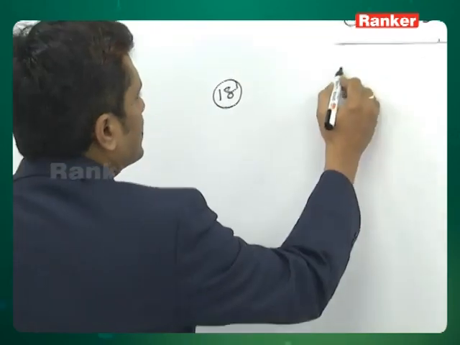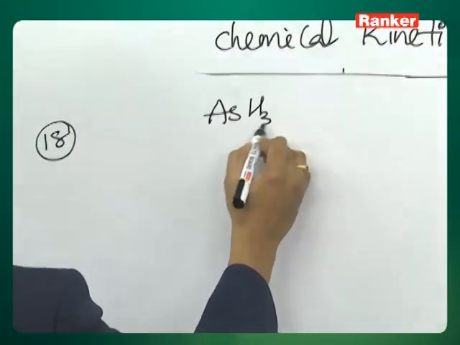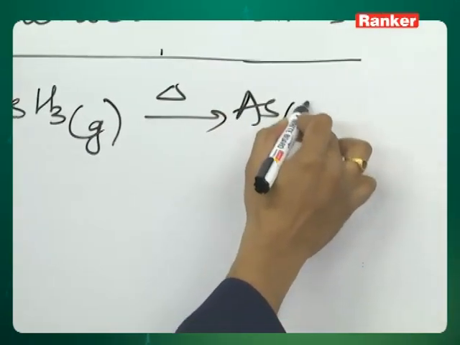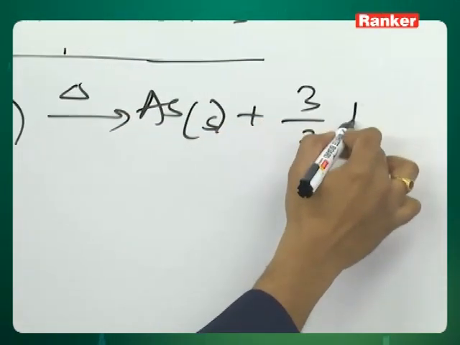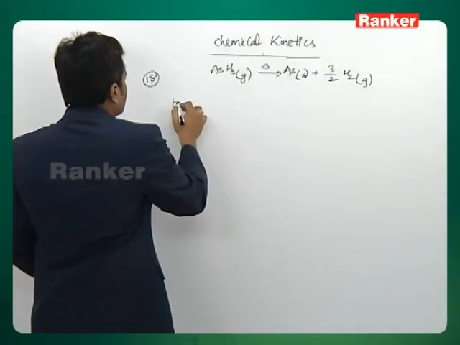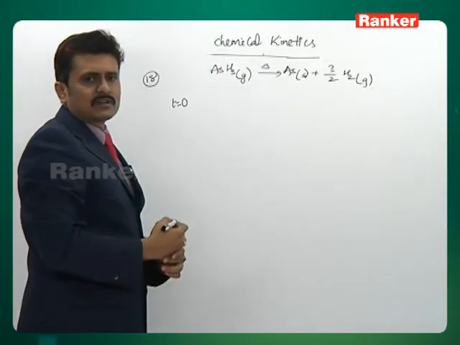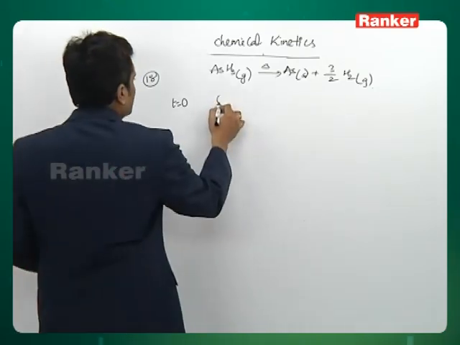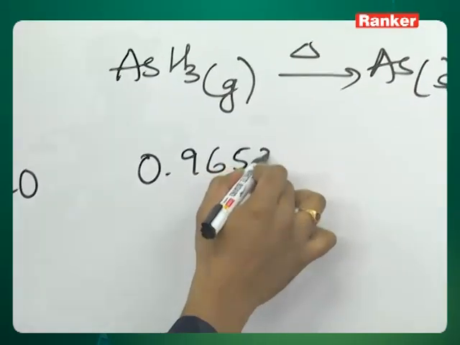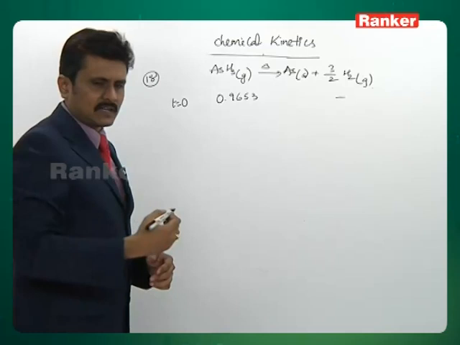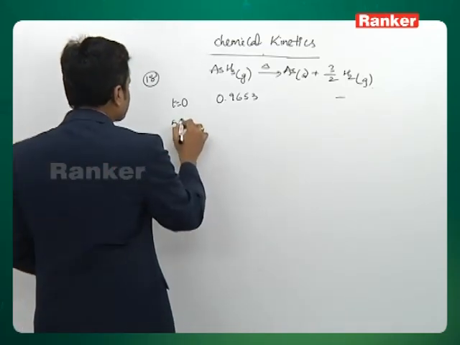For that you have to first write the decomposition of arsine gas. Upon decomposition, you know that you are going to get arsenic metal and H2 gas. Now initially when we begin this reaction, it's given that the pressure in atmosphere is 0.9654 when we don't have any H2 in the reaction. It's given that after 5.5